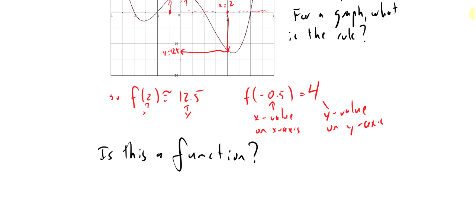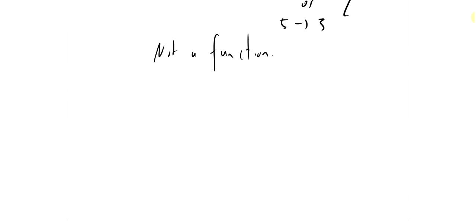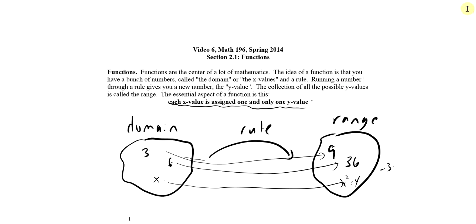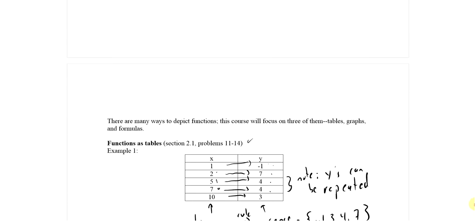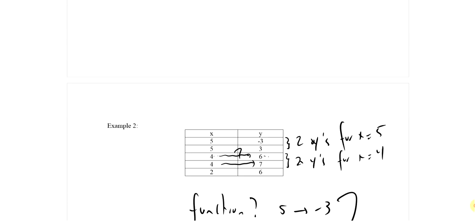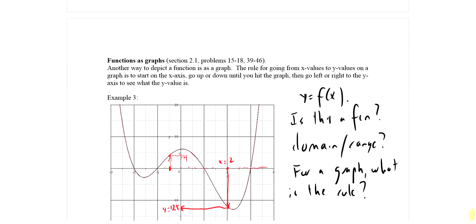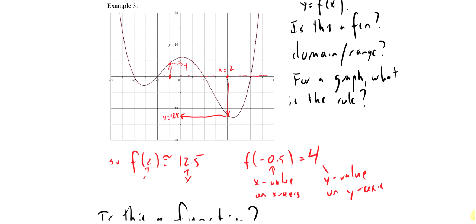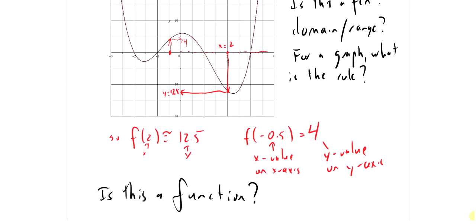Well, what does it mean to be a function? We'll go all the way back up to the top. Each x value is assigned one and only one y value. So, what's the rule for a graph? Well, you start at some point on the x-axis, you go to the graph, and then you go to the y-axis. So the rule for a graph,